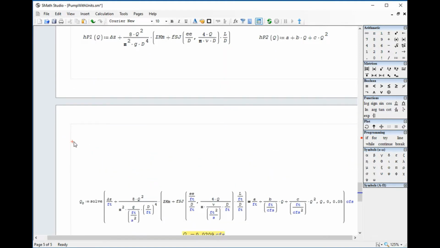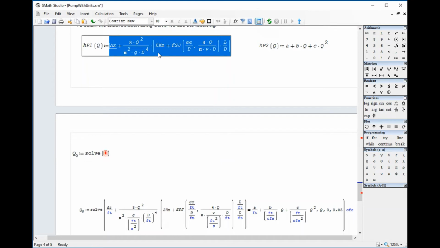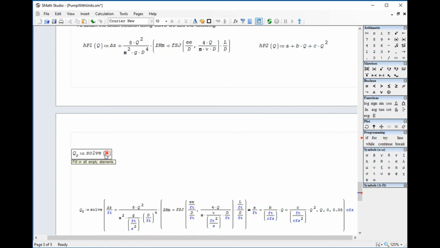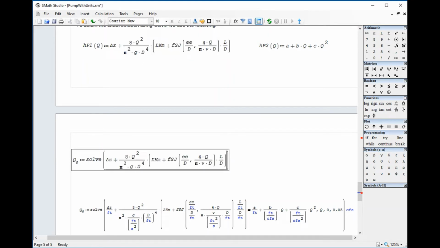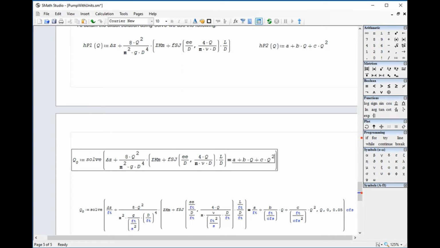I'm going to type uppercase Q.0 colon solve, and then I'm going to copy this right-hand side, Control C, Control V to paste, Control equal, and then we're going to take this right-hand side, Control C, type it here, Control V, comma, Q, and I'm going to put even the limits